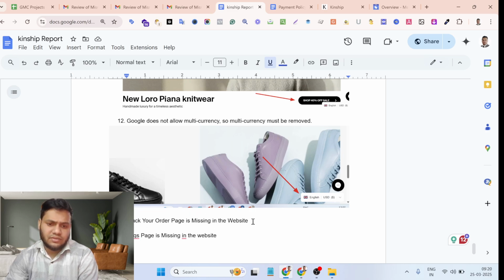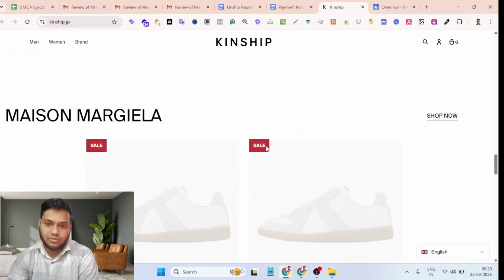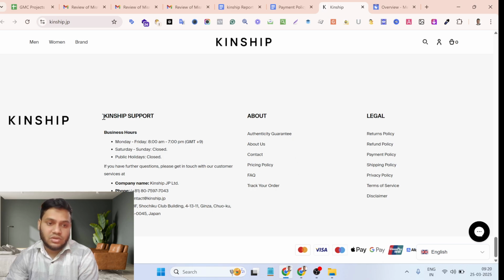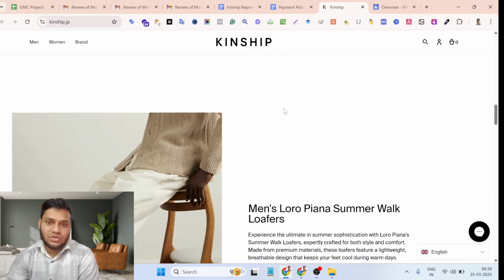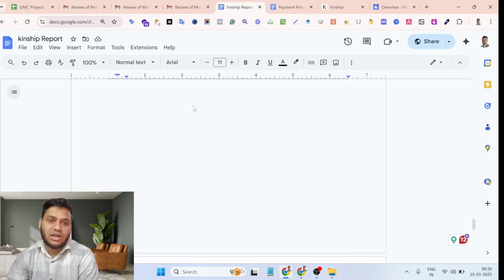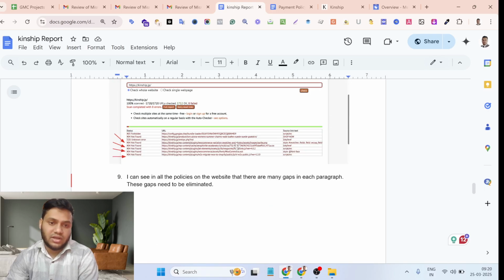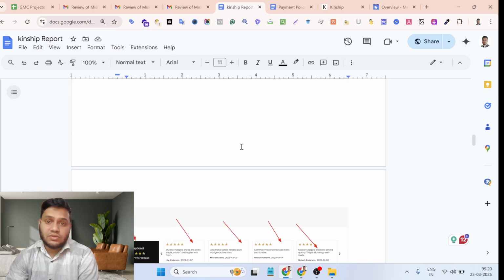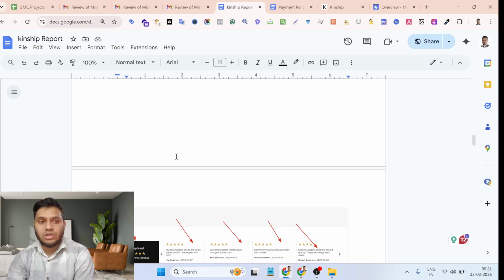This website did not have the track your order page and FAQ page, so I suggested adding all these pages. All these pages are needed. The website now opens properly, and they fixed everything. Then after fixing all the mistakes on the website, I sent a review request and got reactivated. Here I have listed about 40 points, but there are other things I have also fixed. So yes, if you are facing the misrepresentation issue in your Merchant Center,